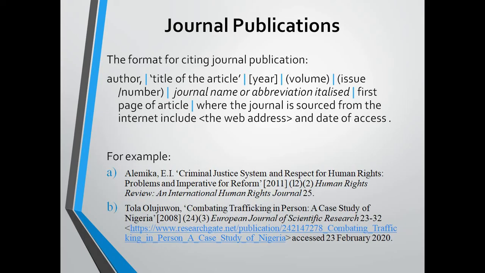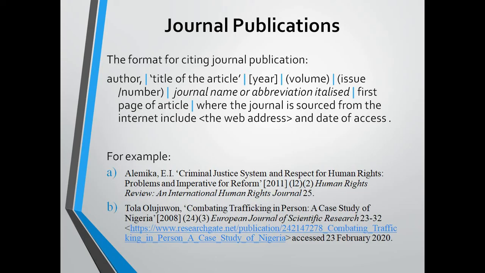Okay, and the page number is for journals that are not sourced online. But where it is sourced online, you include the web address and the date on which it was accessed. So the one significant difference between a textbook citation and a journal publication is that in textbooks, it is the title of the textbook that is italicized, right? But under journal publication, it is the name of the journal that is put in italics. So I hope we get this difference. At your leisure time, you just sit down and really study these things. So for example,